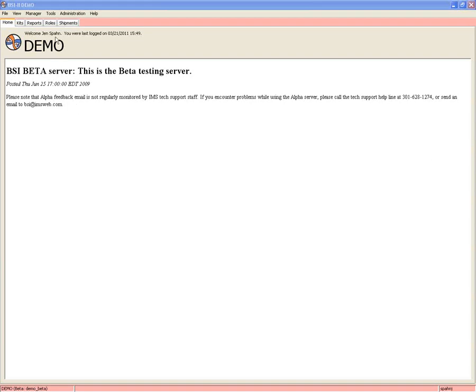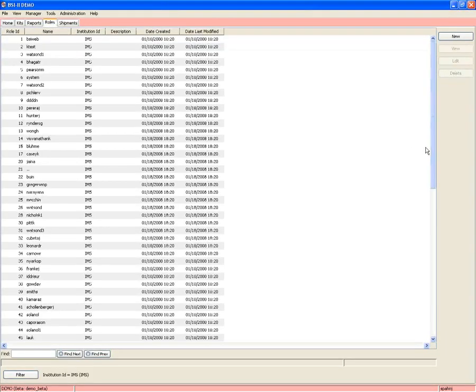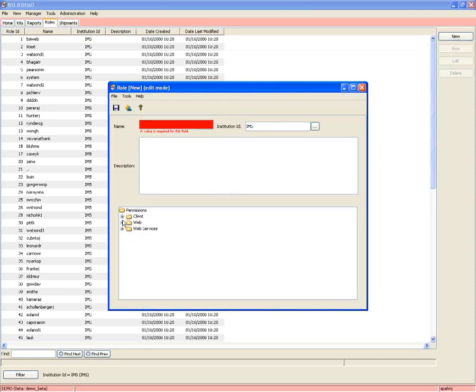So the first thing I'd like to show you is the role permissions. There are several new role permissions for adding kits. If I go to the roles and press new, and then expand the client permissions, I can see there's a new section for roles, for kits, sorry,